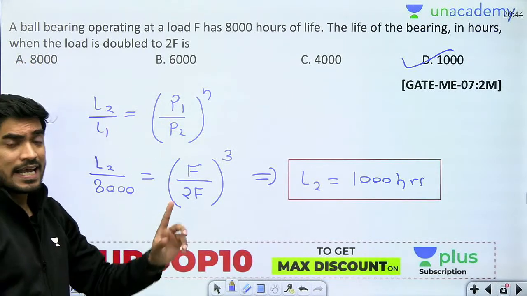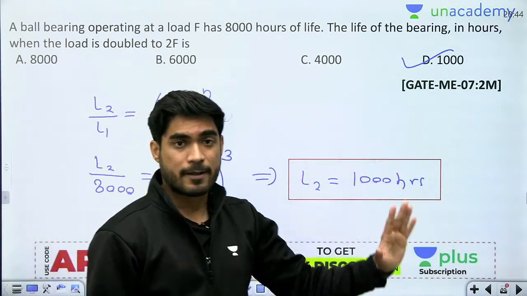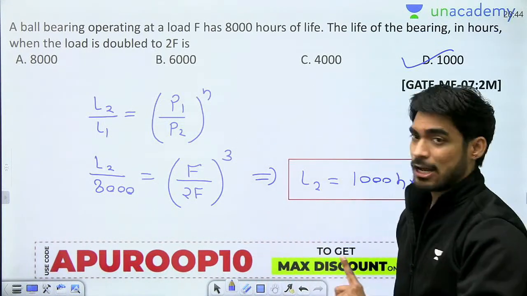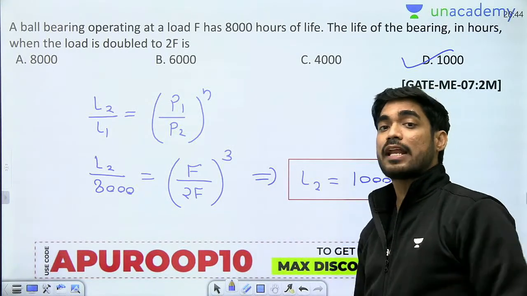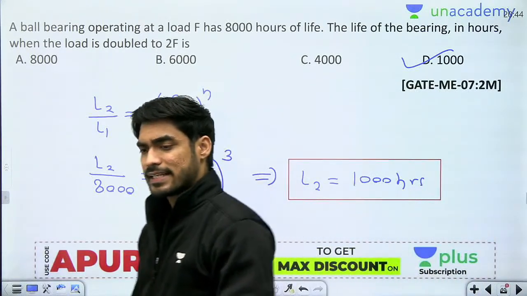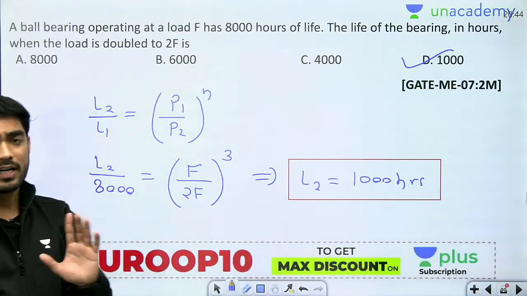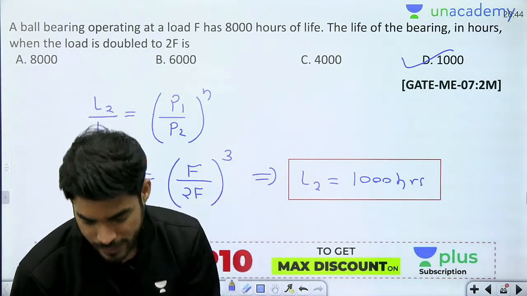So beta, you can see that in every question of GATE, there is only one relation you need to use. And I am not skipping any question. I have brought every question of GATE. मतलब एक भी क्वेश्चन ऐसा नहीं है जो मैंने जानबूझ के छोड़ दिया कि इसमें कुछ और फॉर्मूला लग रहा है तो मैं छोड़ देता हूं. नहीं, मैं सारे क्वेश्चन लेके आया हूं. There is only one single equation which you need to use in every question.